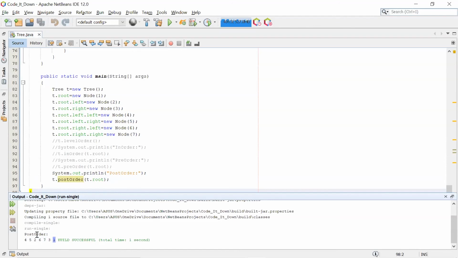For the left subtree: left, right, and data 2. For the right subtree 6 7 3: left, right, and the root or data 3. Okay, is this clear? Any doubts?